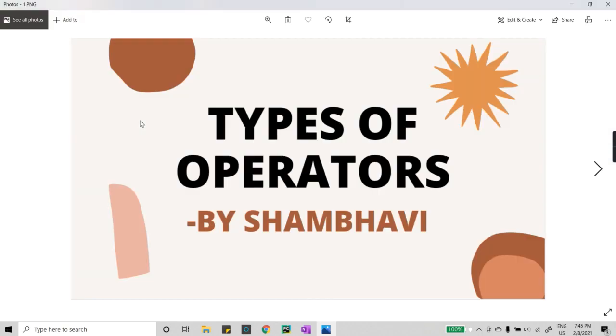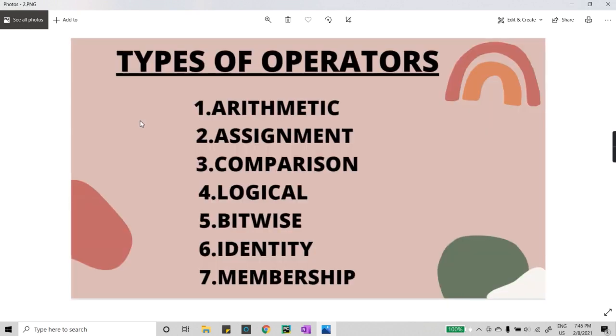Okay, fine. So here we are going to start our first topic for today, that is types of operators. Basically, in Python, we have these 7 types of operators, named arithmetic, assignment, comparison, logical, bitwise, identity, and membership. So these are the 7 types of operators which we have in Python programming. For today, we would be seeing only 3, that are arithmetic, assignment, and comparison.